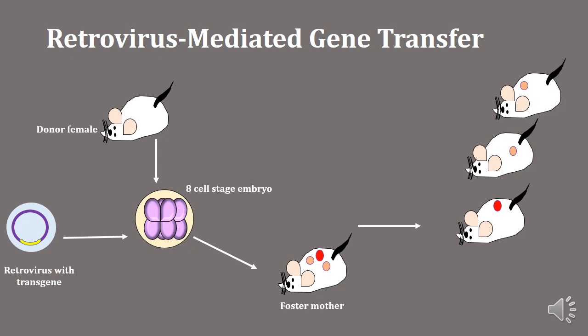Since retroviruses do not infect all the embryonic cells in the same manner, not all the tissues of these offsprings would be expressing our gene of interest. So we will check the expression of our gene of interest in the specific tissues and these offsprings would be chimeras because they have a variable expression of genes in their tissues. This technique has one limitation: only a very small gene can be inserted by using this method compared to the DNA microinjection, which can insert large sized genes into the genome of transgenic animals.